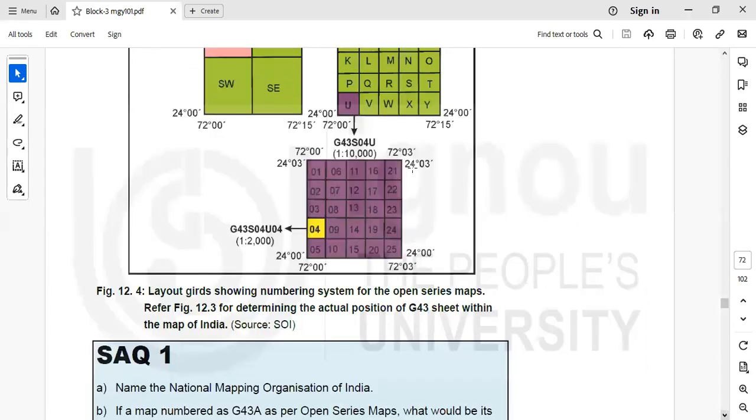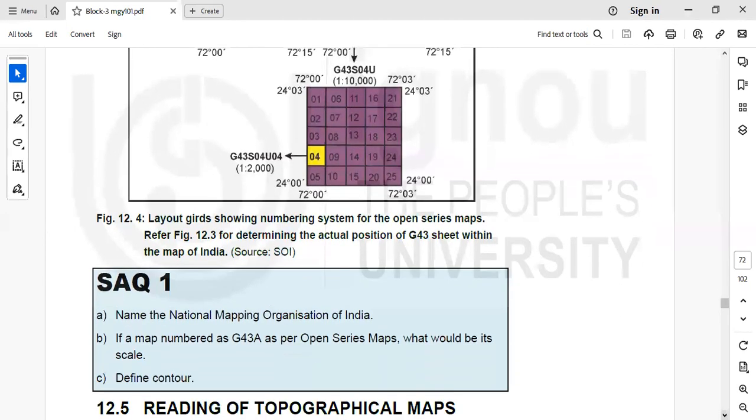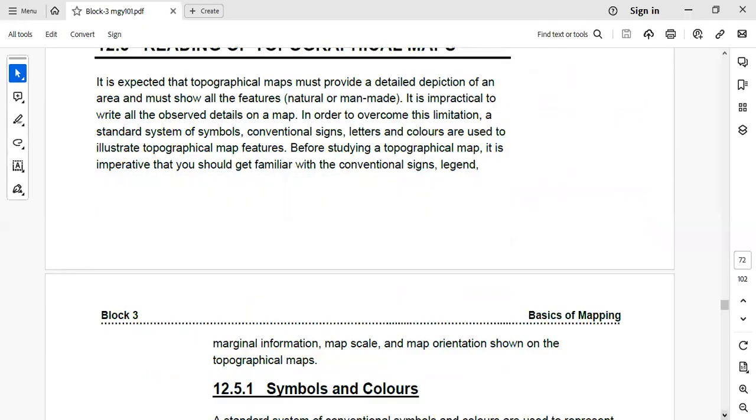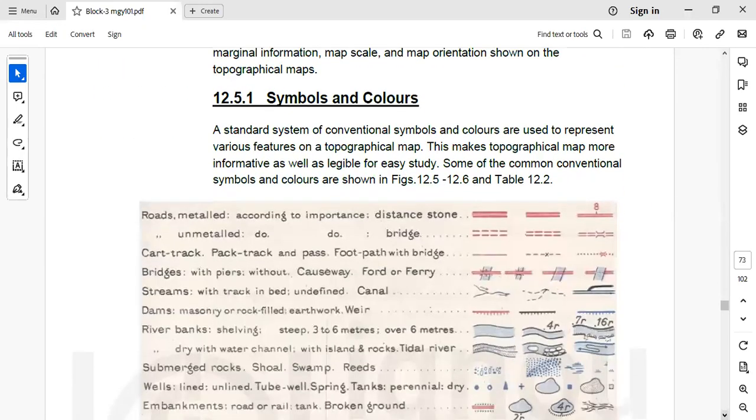Survey of India is also preparing maps with the scale 1:10,000, and these maps give more information and are useful for town planners, engineers, and administrators. So now, if you see any topographical map,